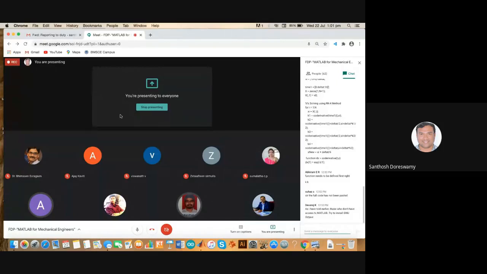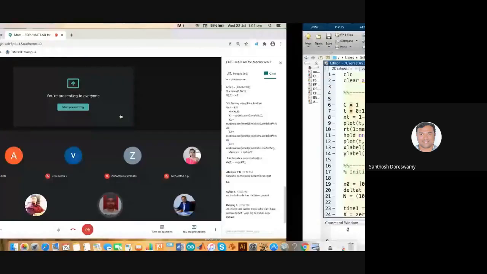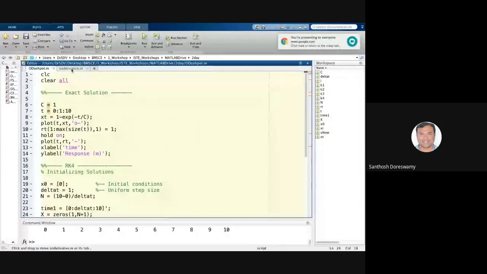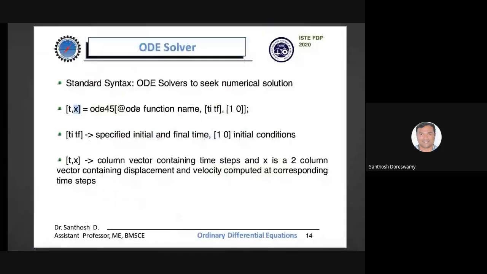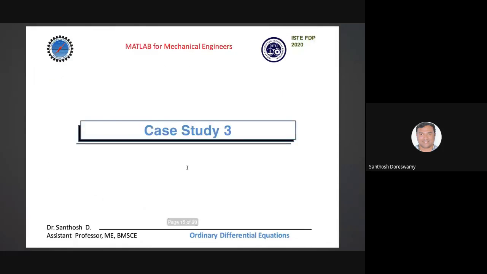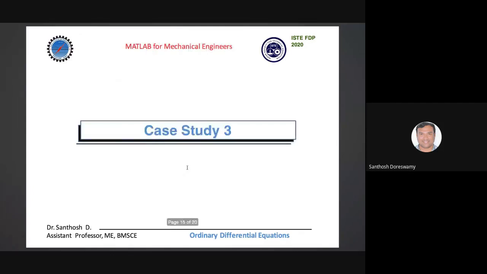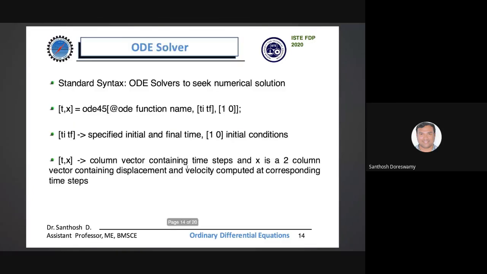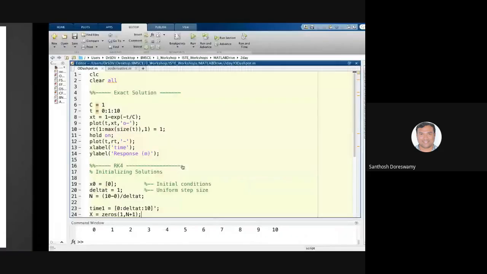All right. So once you have that, you will get t and x as column vectors. Now we will use this ODE solver to solve some problems, especially to solve this Newton's equation of motion. So that code I'll try to